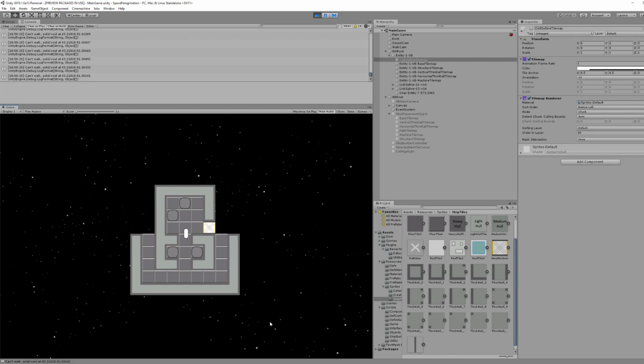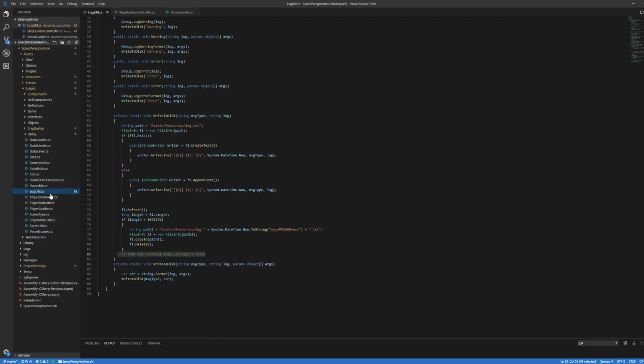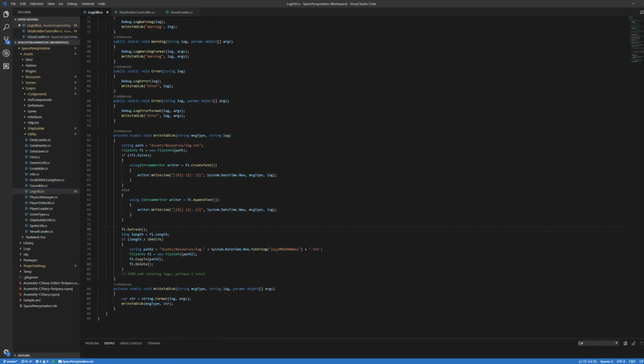Fixed those two bugs. Really happy with that. With the logging, I actually completely rewrote all this. It was very ugly, hideous, and very static. I was checking a file directly. I wasn't even using this file info object, which I only learned about after I found the bug and was playing around with it. This file info